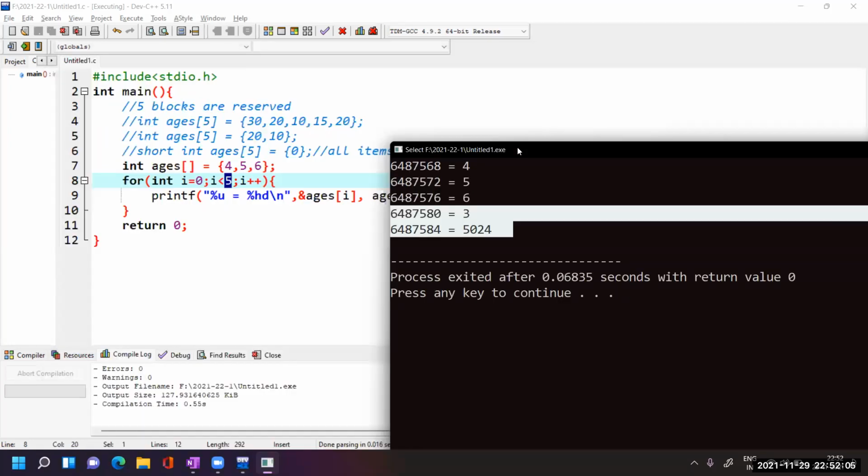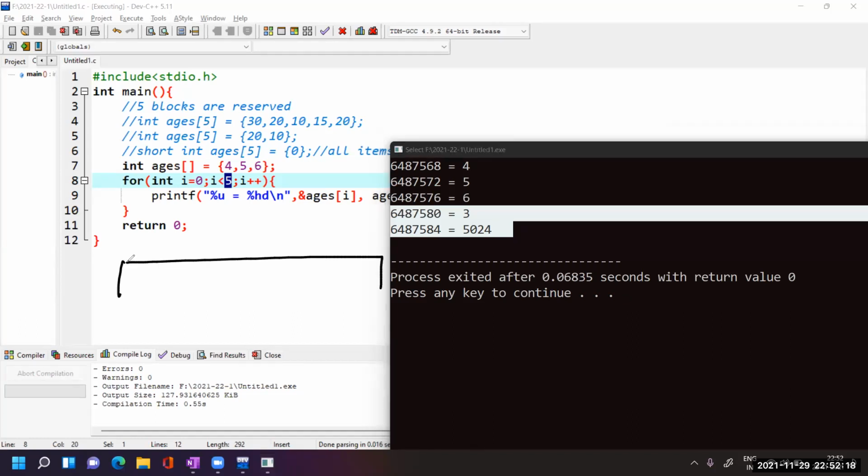Why? Because what is our array? Our RAM is a collection of memory blocks in a line, in a sequence of memory blocks. You have given 3, no problem; 4, 5 is here, 6 is here.